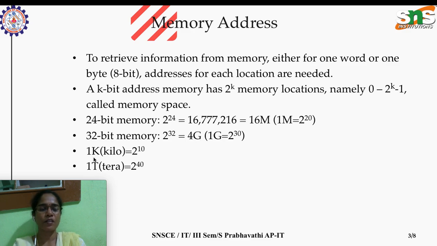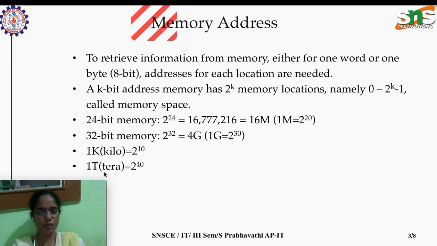Generally, you will be aware that 1 kilobyte, or 1 kilo, and here we are speaking in terms of bytes, in computer memory stands for 2 power 10. So we need 10 bits to represent it. 2 power 10 is equal to 1024 memory locations. You just do the calculation a little bit. So that's what I said earlier, please be a little focused, since some calculations involving binary numbers are involved.